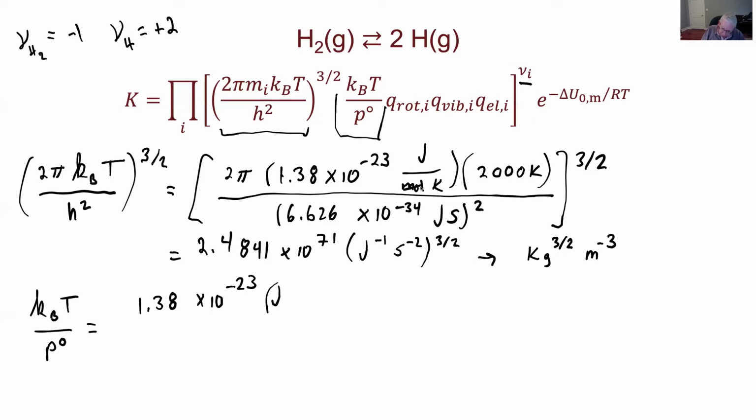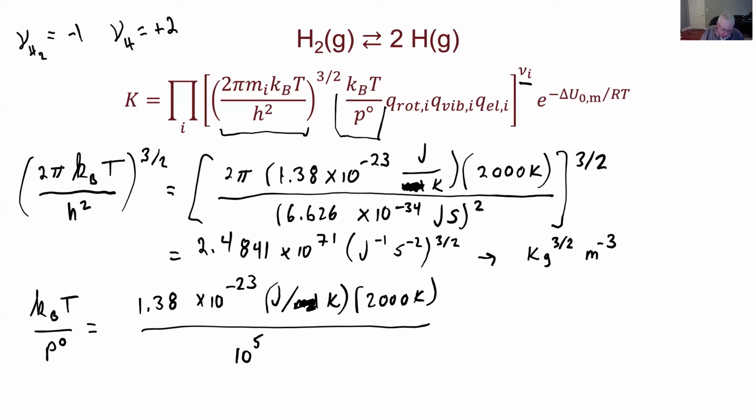I put moles up there on K, and that's not right, of course. As I'm about to write it again, I'm doing it again. Joules per Kelvin here. All right. And I multiply that by 2000 Kelvin. Then on the bottom, I'm using 10 to the 5th pascals, which are also newtons per square meter. For this. And so if I multiply all that out, I get